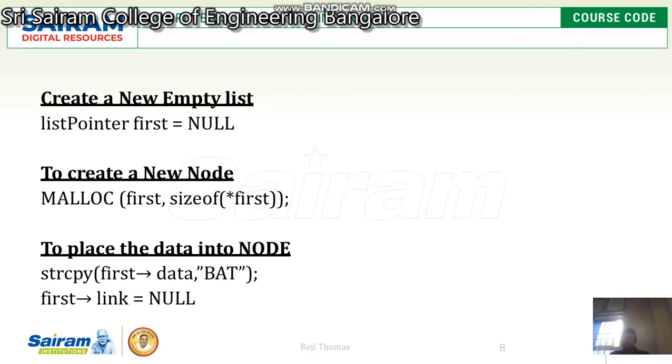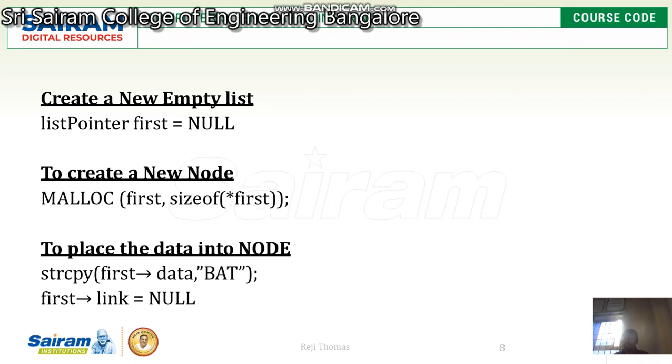So next thing is you have to place this data in the node. As you know, we cannot copy the data directly into the string, because your data is a character array. So what we do is we are going to take the help of a function called strcpy, and strcpy is a ready-made function which is included in string.h.